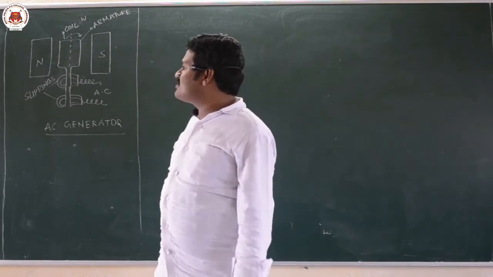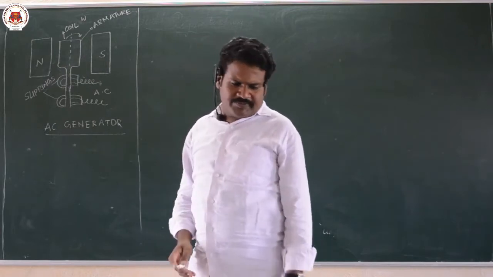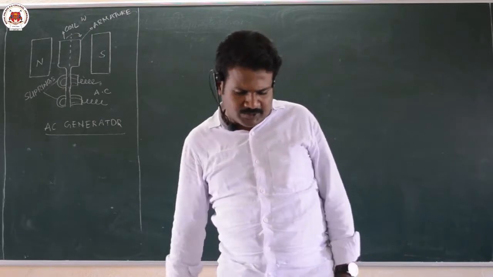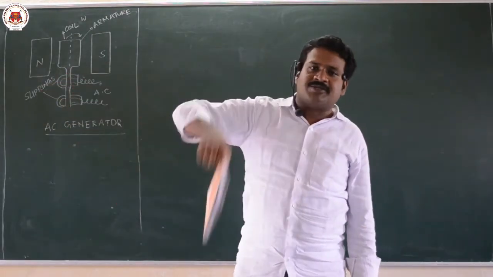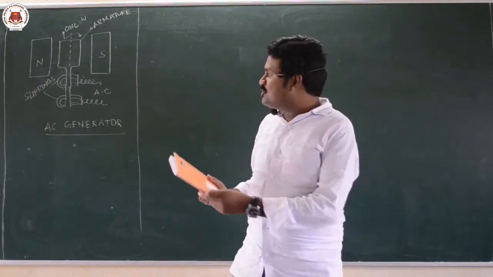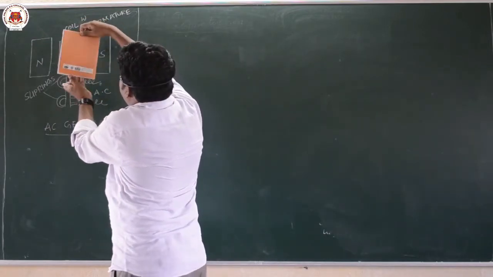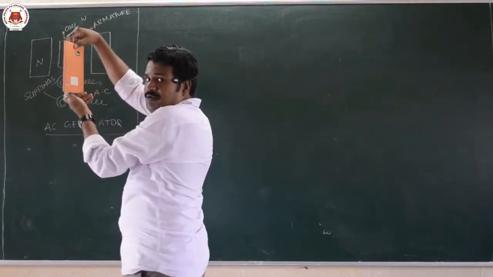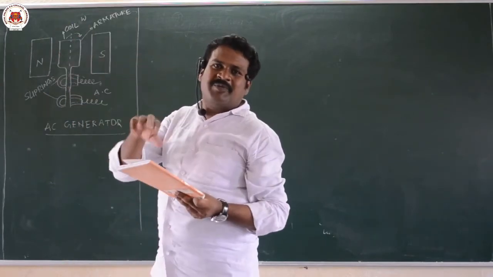The same thing happens in hydroelectric power stations also. Between two strong magnets, as I already told in eddy currents, if you take a copper plate and rotate it between two magnets, we will get EMF. Here also, assume the coil is present between two magnets and it is rotating like this. This rotation you have to arrange by means of a motor or by mechanical means.